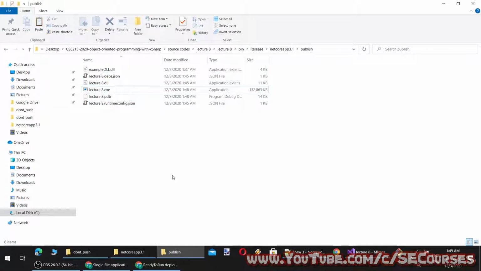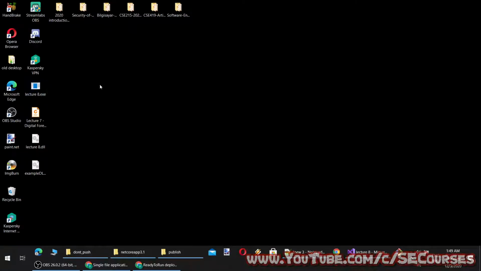Okay, so you see it has put every necessary framework file into my exe. Therefore now it is 152 megabytes. So it is now a single exe file, and it should run as a standalone file.